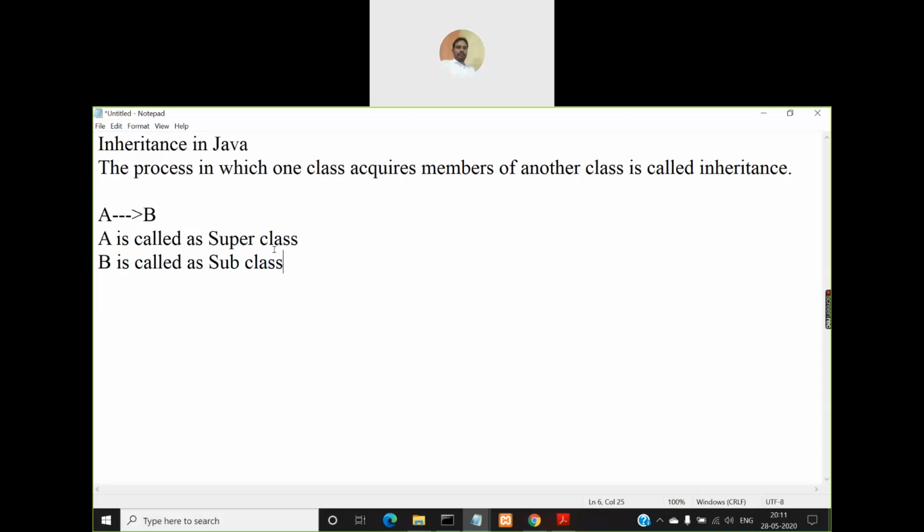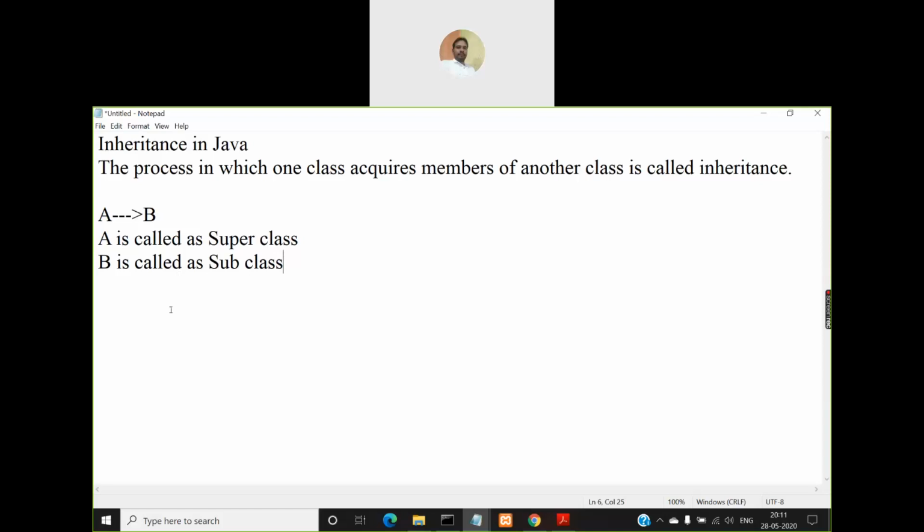Okay, so in this process again, B may have its own exclusive members. Apart from those members that class B will acquire from class A, it may also have its own members. This is just like children acquiring some properties or features from parents. Apart from the features that they acquire from the parents, they may also have their own features, right?